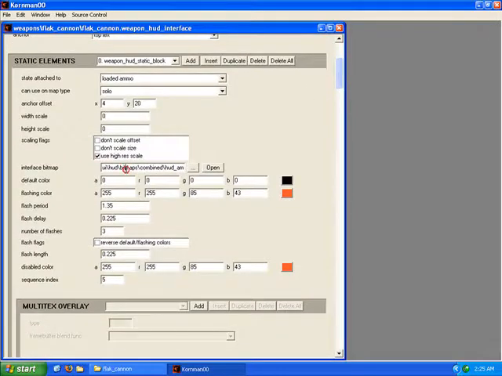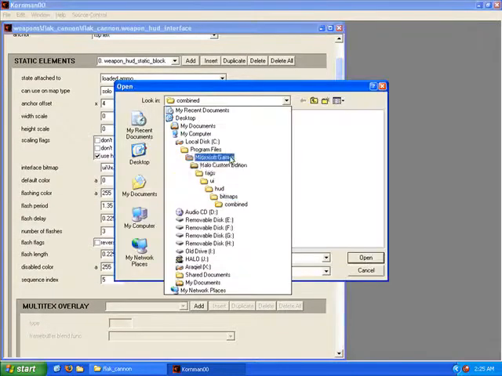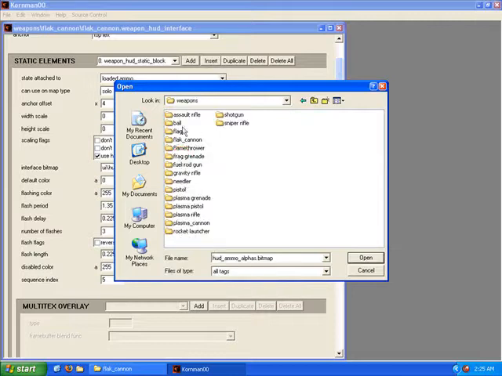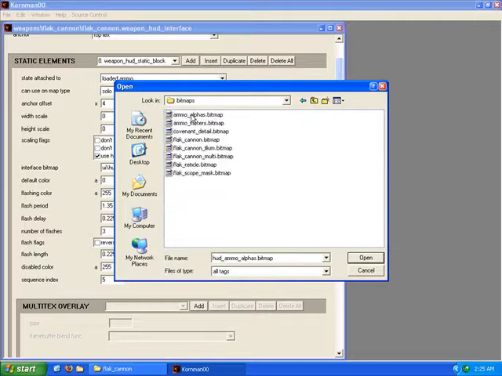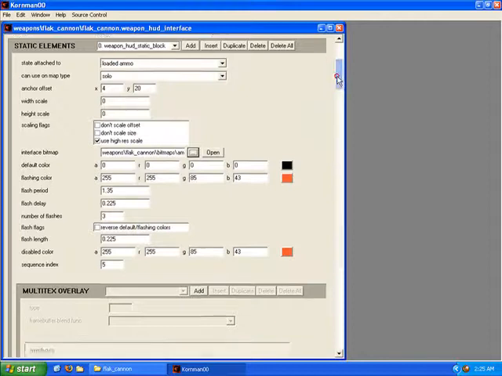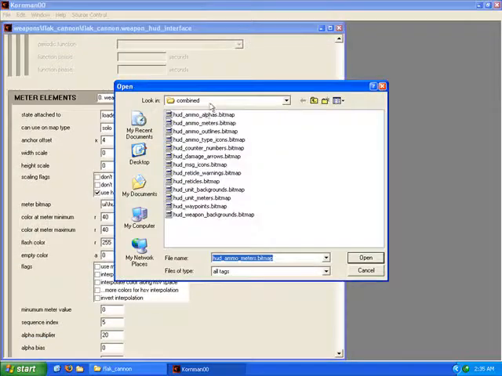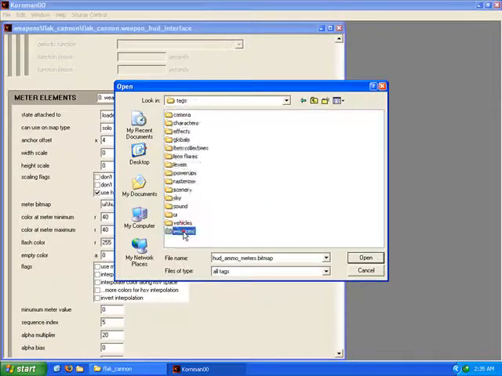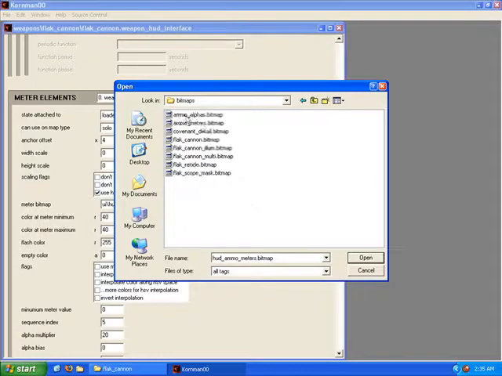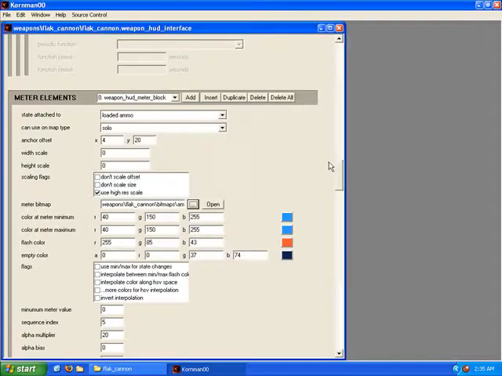And now we're going to want to go to the interface bitmap and navigate to the bitmap we created, ammo alphas, and then come down and make the sequence index 0 because it's the only sprite that we have in that bitmap. Here we're going to want to make this into our bitmap, ammometers.bitmap,